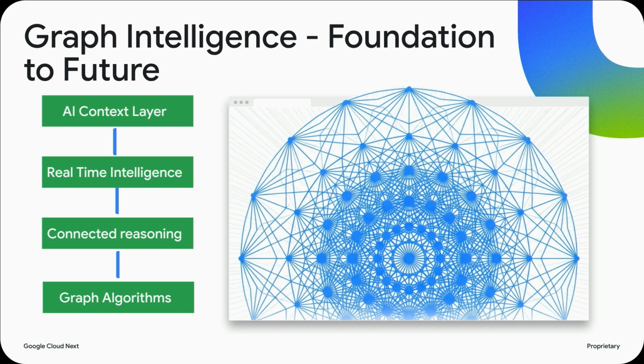And graph shines for real-time intelligence use cases, as I talked about. This also enables connected reasoning. You can put it all together in real time and get so much more insight out of it than you would be able to if all of this was offline. And finally, it unlocks graph algorithms at scale. We did connected components, but now we are planning for more advanced algorithms that can help us towards personalization and